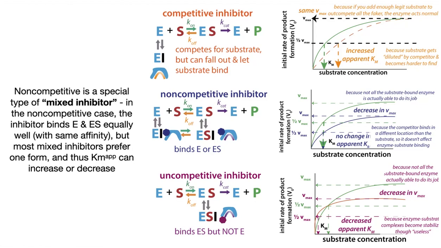In the case of our non-competitive, we're going to have a decrease in our Vmax because not all the substrate-bound enzyme is actually able to do its job. But we're not going to have a change in our apparent Km because the inhibitor binds to a different location, doesn't affect the enzyme-substrate binding, isn't competing. With our uncompetitive, here, not all the substrate-bound enzyme is actually able to do its job, so we're going to get a decrease in our Vmax. But because the enzyme-substrate complexes become stabilized, even though they're useless, you're going to get a decreased apparent